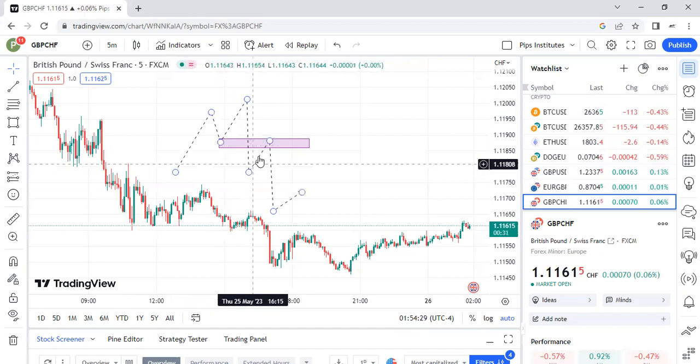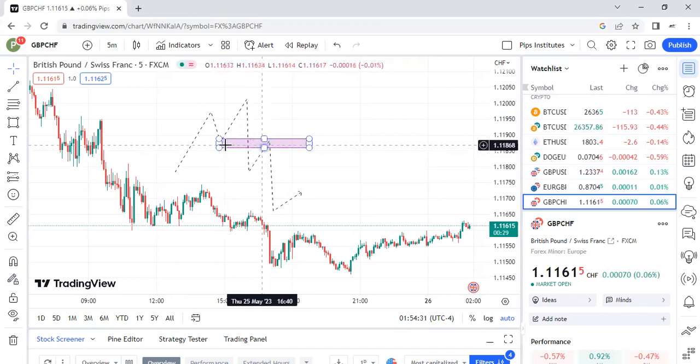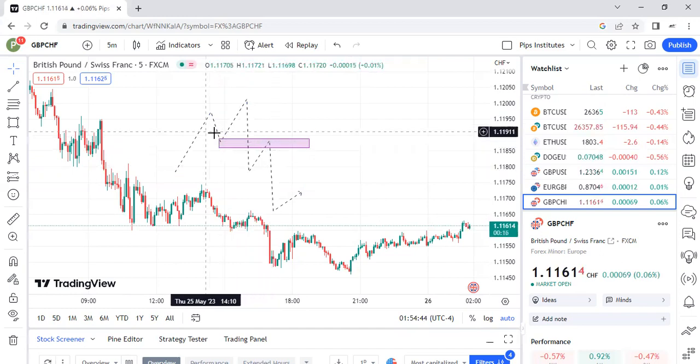Then the market comes back and retests the breaker block. It is no longer a bullish order block. It becomes a bullish breaker block. Then it tests it over here. Then we sell. And if you want to sell, you are going to set your take profit at around